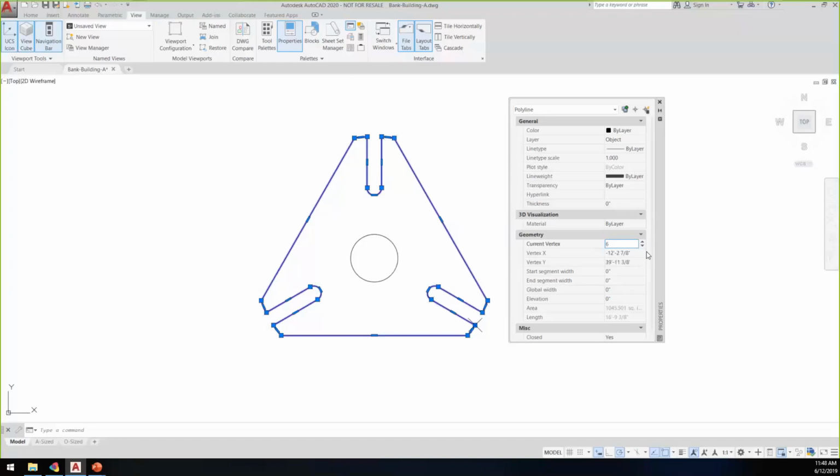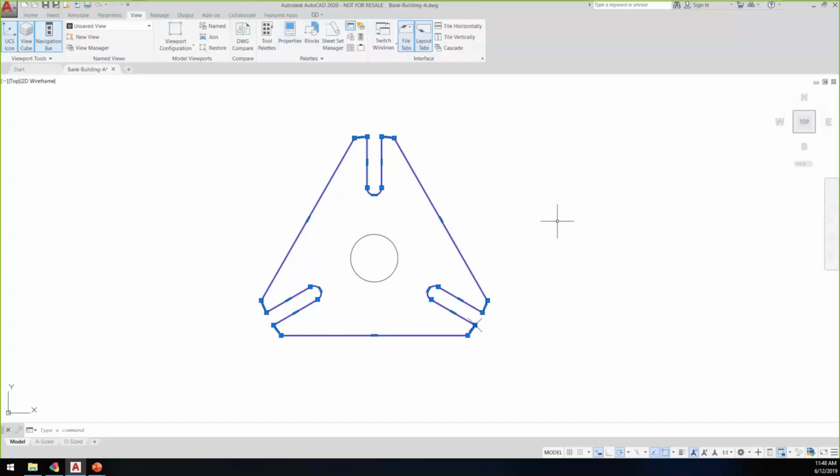It comes in quite handy in calculating or gathering information. So that is the vertices, how you can gather information. And now let's go back